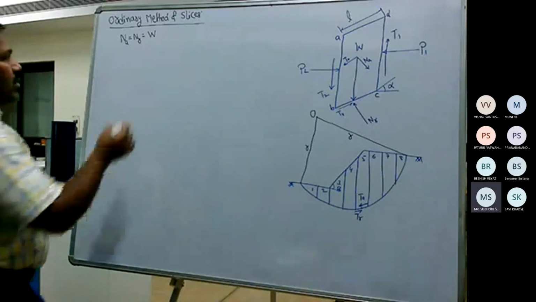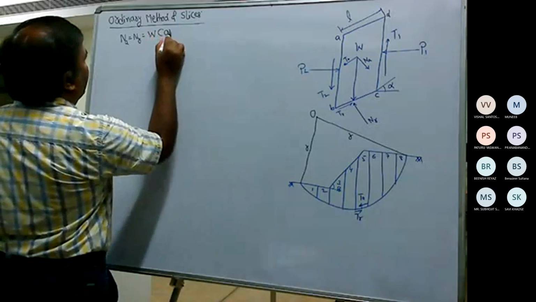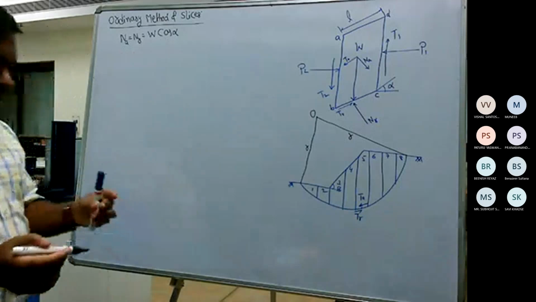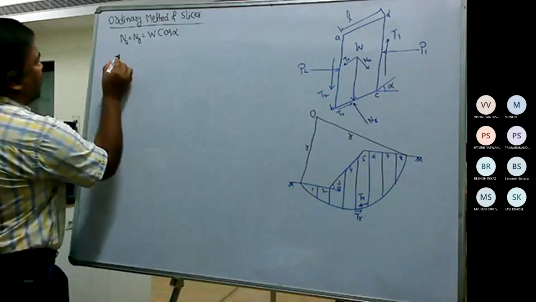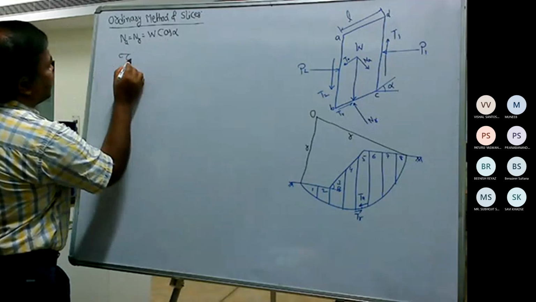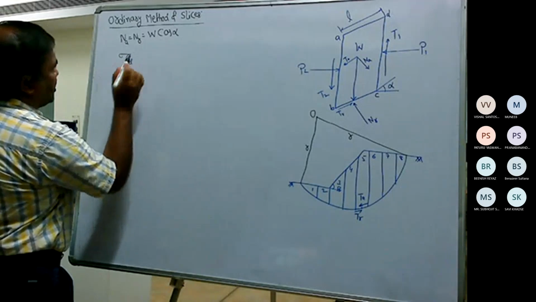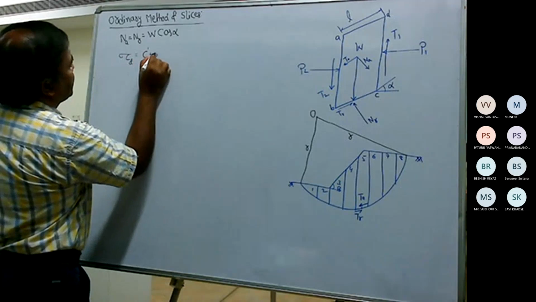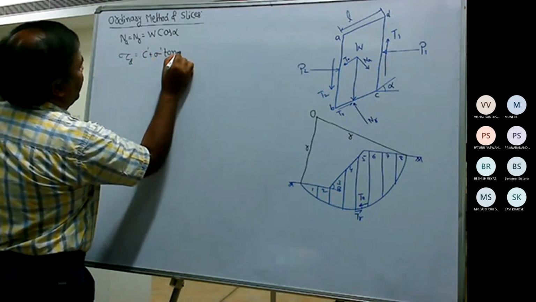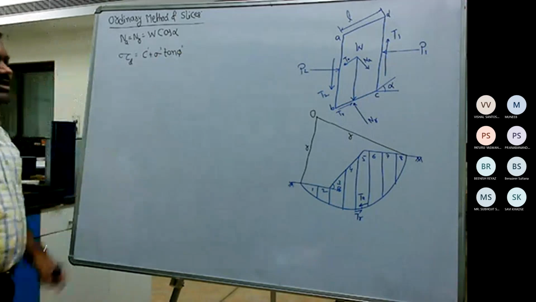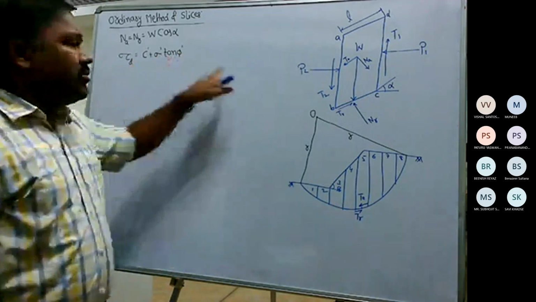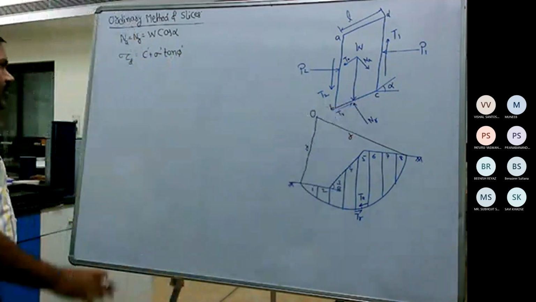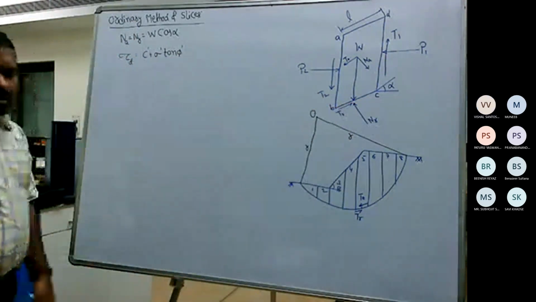Cos alpha. W cos alpha. So NA is W cos alpha, or NR. So both are the same. Now, as we know, we normally talk about the shear strength of a soil. So the shear strength of a soil can be written as c dash plus sigma dash tan phi dash. This is the shear strength that is supposed to be offered at the bottom, all along the length of the trial slip circle.